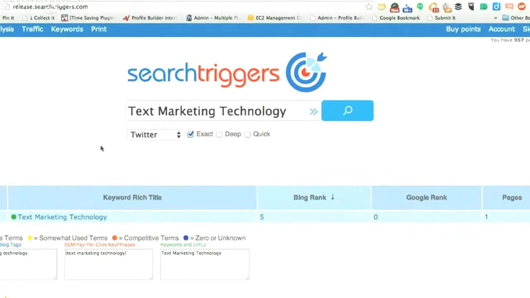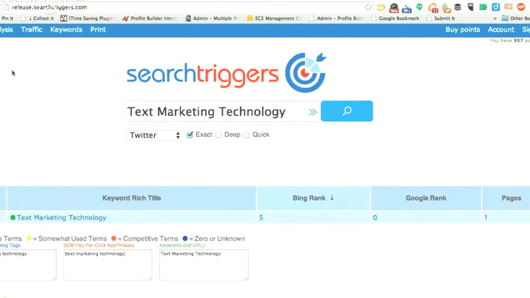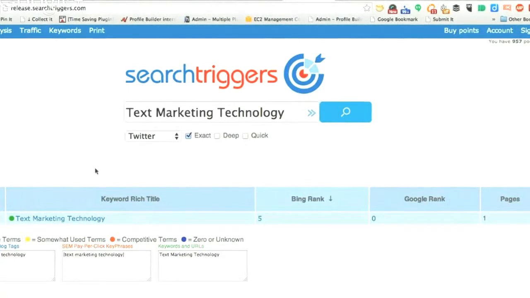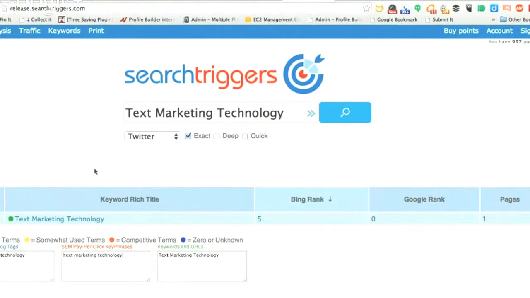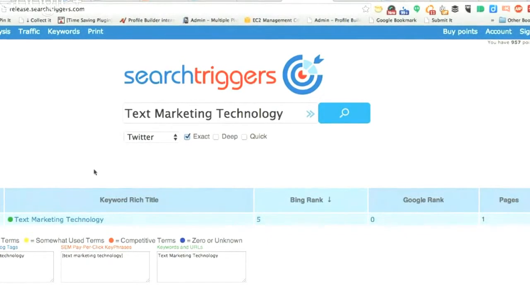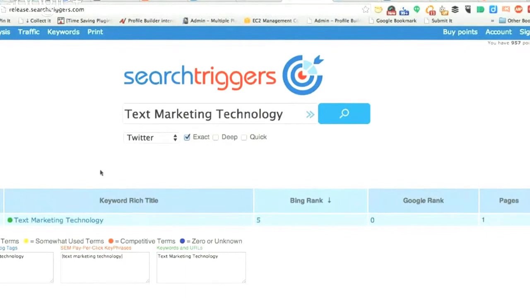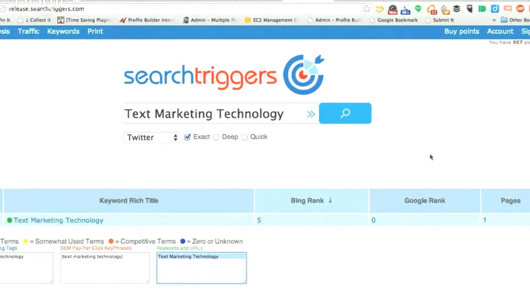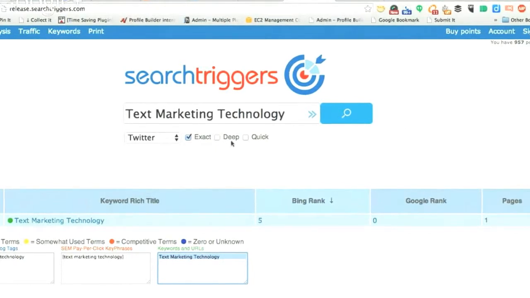So I'm suggesting that anybody who's considering Search Triggers gets the pro version at least, because they're going to find out so much more information and get much better results. And it's all in one spot, not having to change. Because I know in the free version I had to change screens all the time and put commas around stuff and inverted commas, and I wasn't quite sure what that was all about. But now it's quite clear that, if I wanted to start writing something, I've got all my tags here that I can use. So for me, it's a no-brainer. And I thank you, Vic, for creating it.